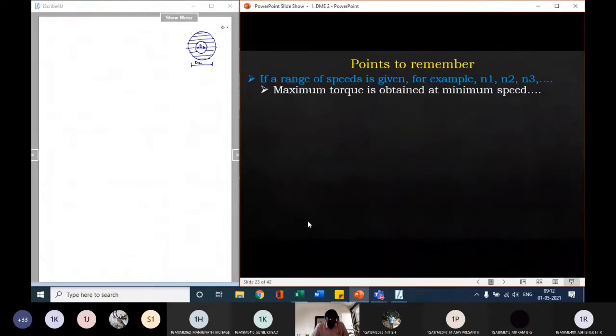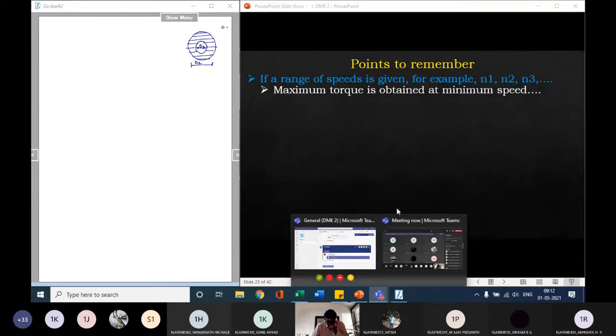Now the next point which you need to remember is, if there are more number of speeds given, a range of speeds like 1000 rpm, 2000 rpm, 3000 rpm, you will be selecting the minimum speed. Means at minimum speed the torque will be maximum. So I repeat, at the minimum speed the torque will be maximum. That is what exactly we will be trying to select. Okay. Now the next one,